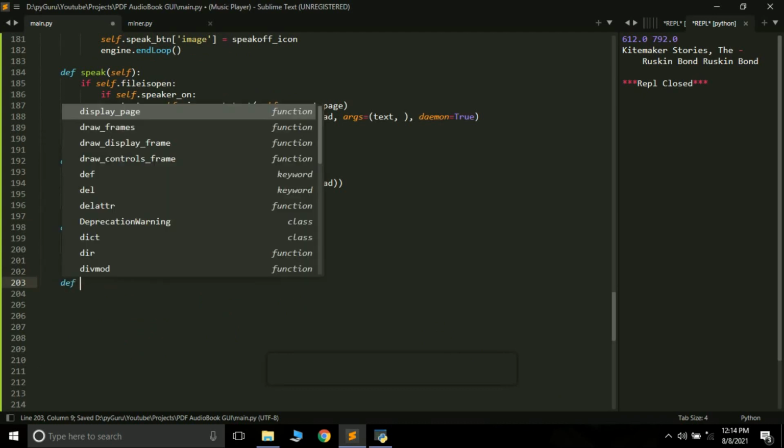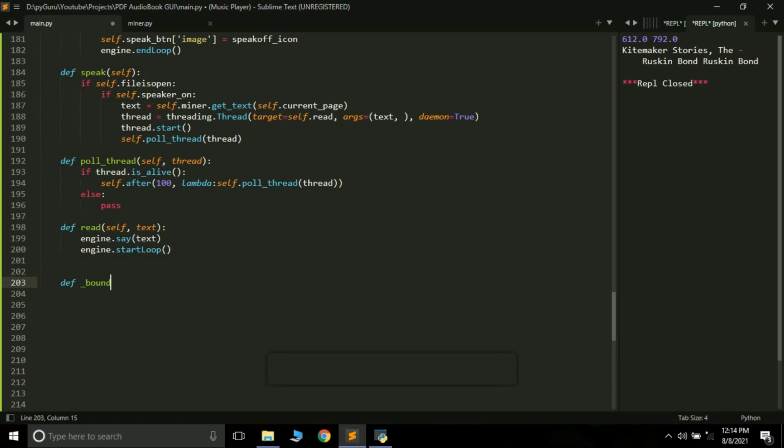So what I want is to create a binding to the mouse wheel. Right now we have to manually click the scroll bar and drag it down to move the page. If you do not want that, you can bind it to the scroll wheel.